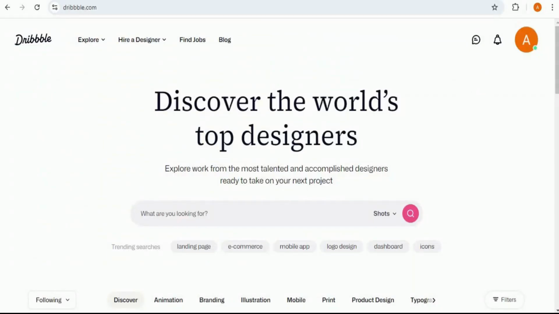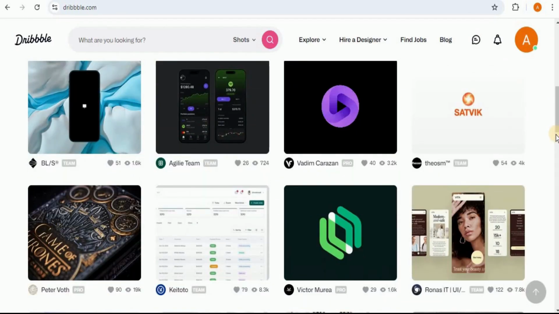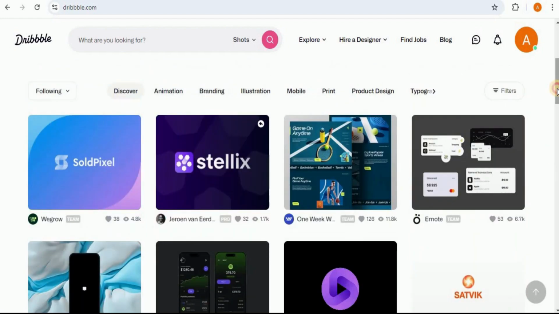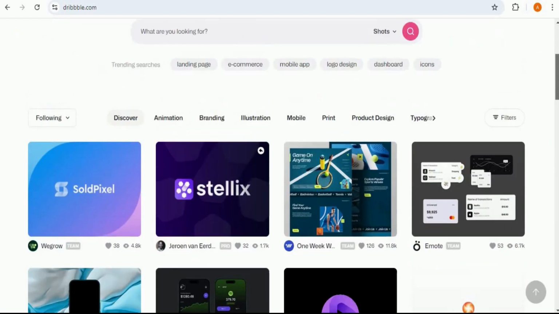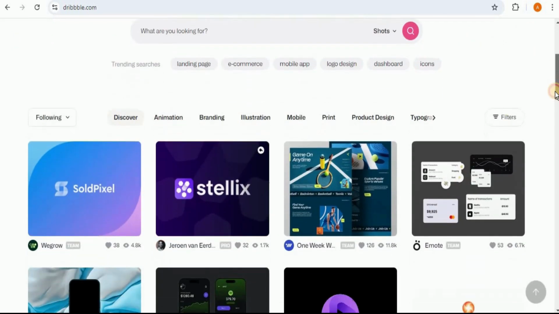So the best platform for this scenario is Dribbble. This is a website that provides you a wide variety of templates for different types of web applications and mobile apps. So you can go ahead and look for your required template. I actually want to create an application that is going to monitor blood glucose level. It is going to take the glucose level as the input and is going to provide whether it is a normal value, high or low, and is going to plot it in a chart in any form.